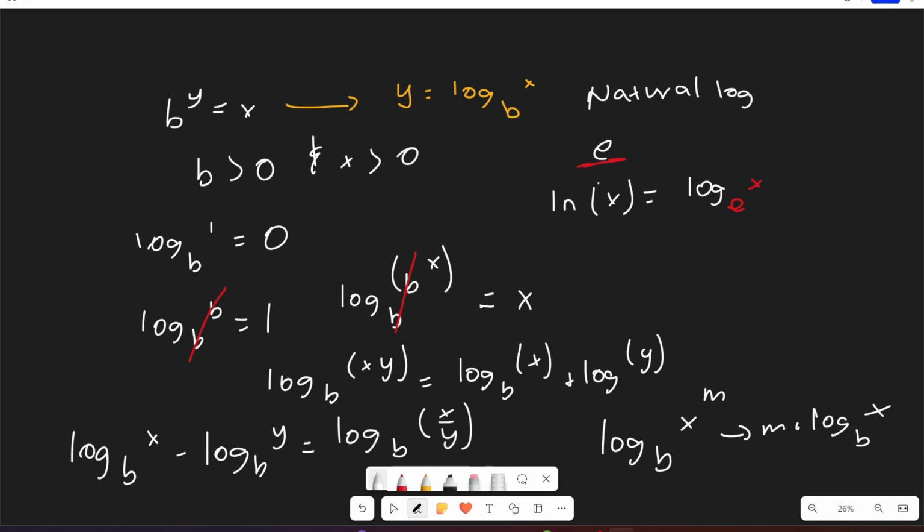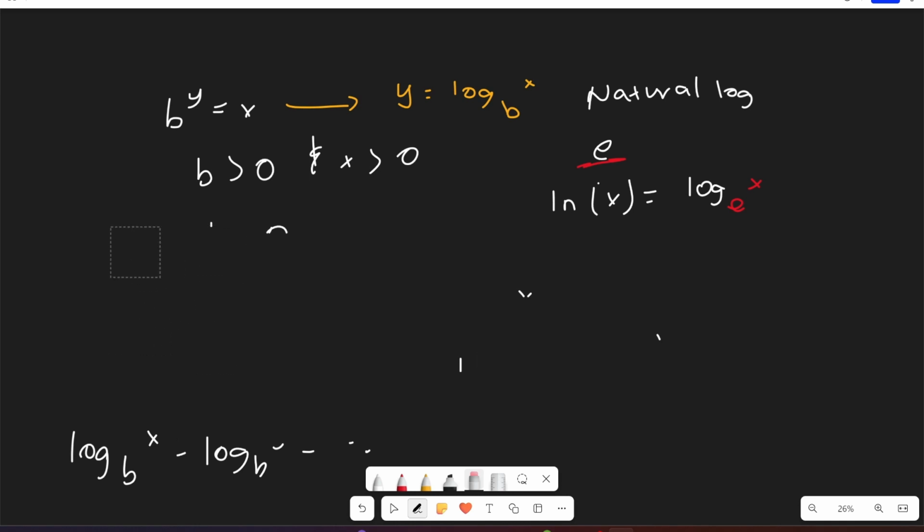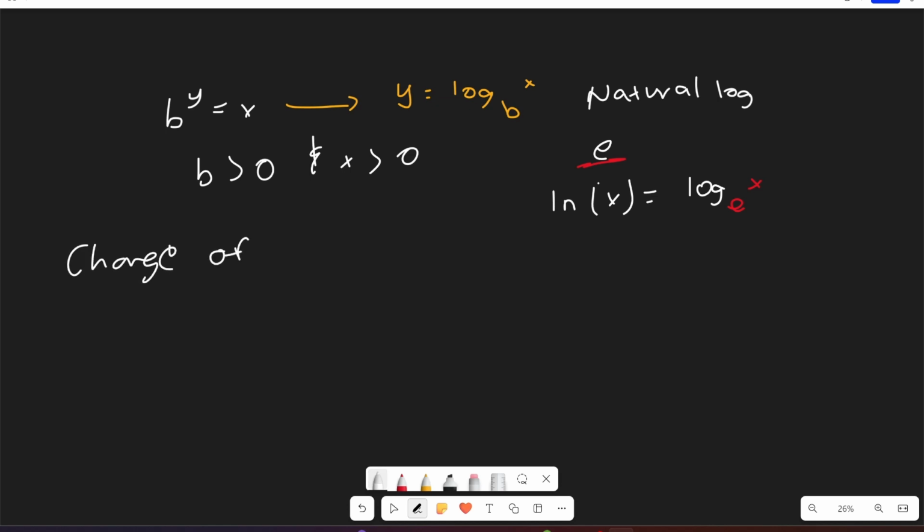Also, something very useful to know, since we've gone over this, that we may need to use on a test is the change of base formula. Let's say I have log base 2 of 3, and I want to rewrite this